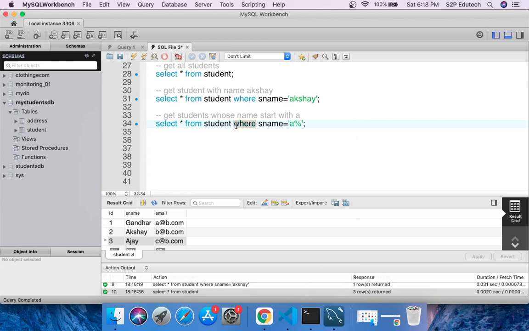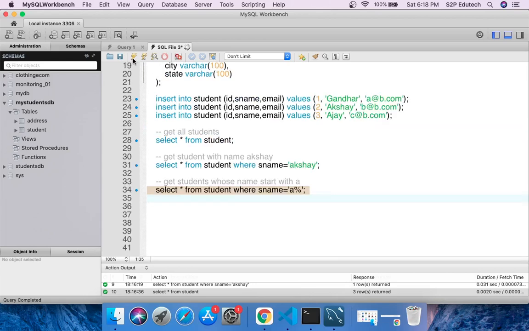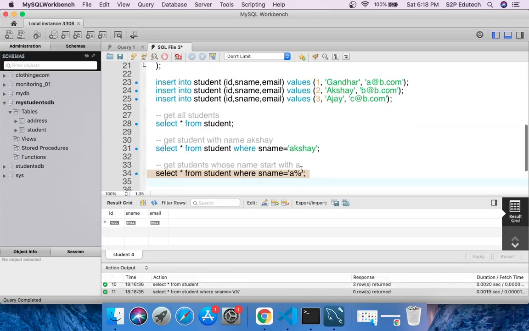Let's see if this works. I did not get anything. Then if I say where s name equals to capital A percentage, again this did not work. So instead of equal to, if I gave s name like A percentage, then I got both the rows.